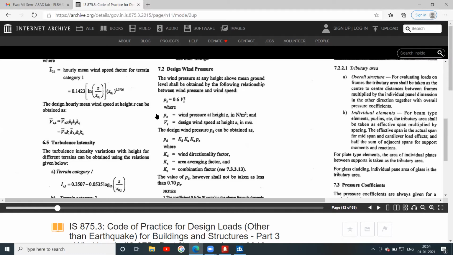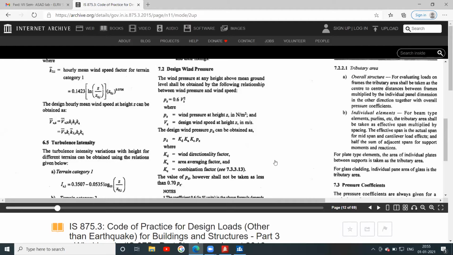After doing all these calculations, we get Vz as 40.04 meters per second, and Pz is equal to 0.6 into 40.04 whole square, so 961.92 Newton per meter square.